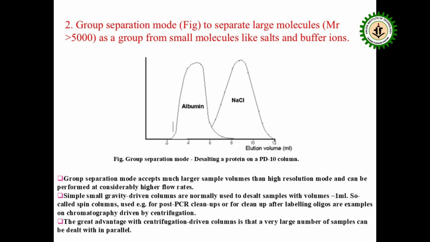Samples small. Gravity-driven columns are normally used to desalt samples with volumes generally of 1 ml. So-called spin columns are used for post-PCR cleanups, for cleanup of labeling oligos, and are examples of chromatography driven by centrifugation. The great advantage of centrifugation-driven columns is that a very large number of samples can be dealt with